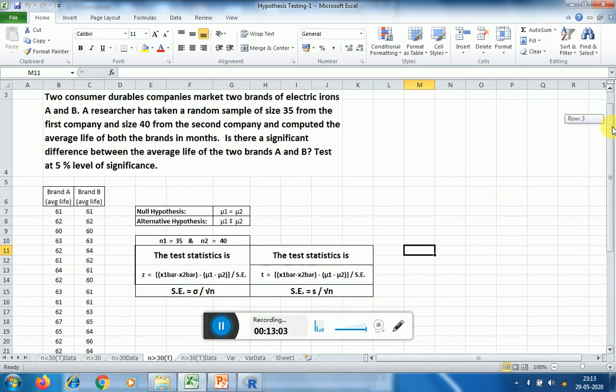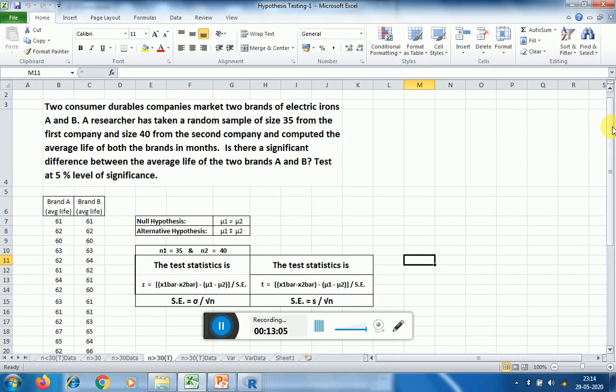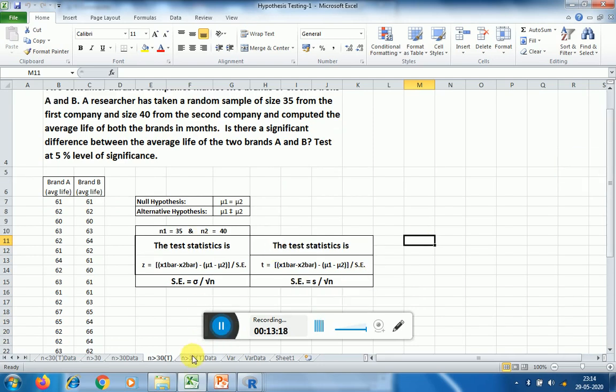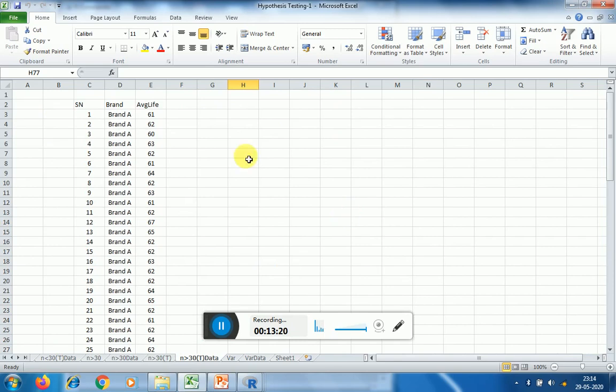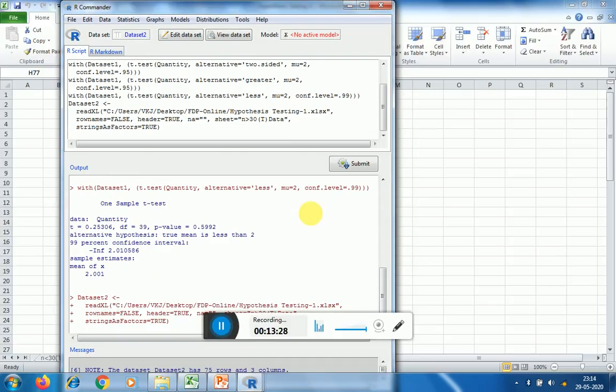So we are testing whether the average life of the brands marketed by the two companies is significantly different or whether it is the same. For this purpose, this data given for brand A as well as brand B on average life, we have uploaded here in R.